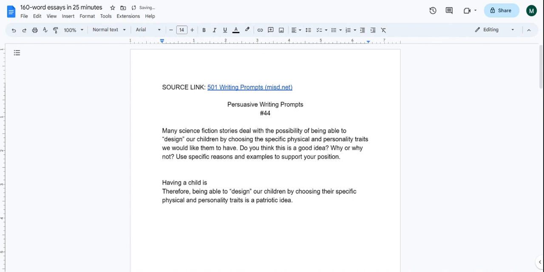Having a child. And again, because it's persuasive, we want to input ourselves in the writing itself because it says, "Do you think this is a good idea?" So we can definitely bring in pronouns like I, me, my, and place it in first person point of view here. Having a child is